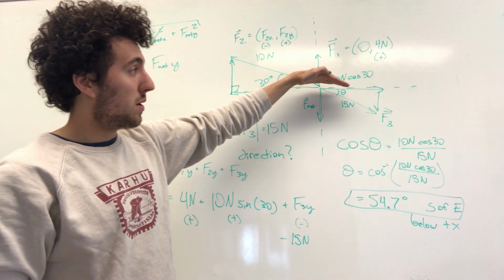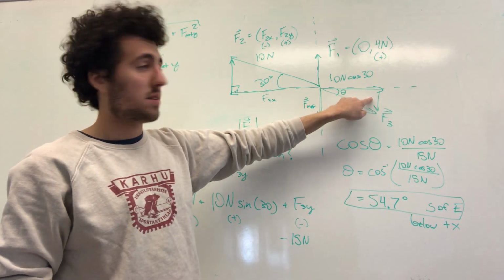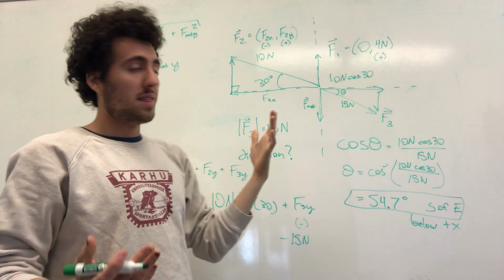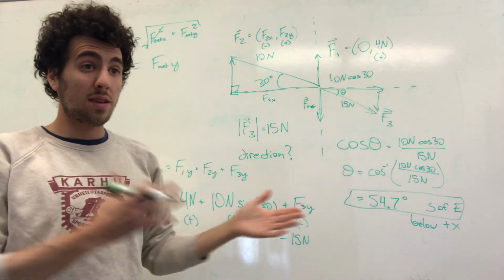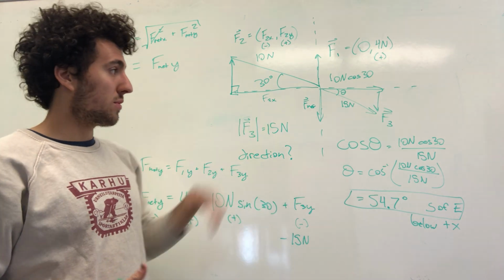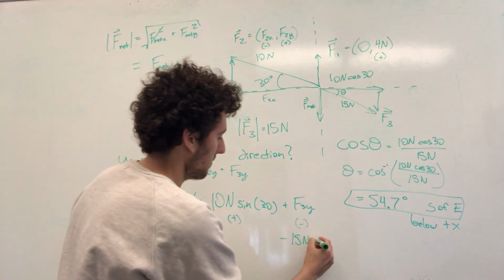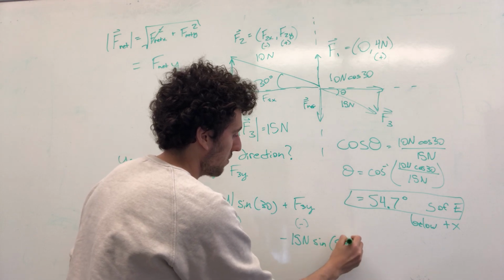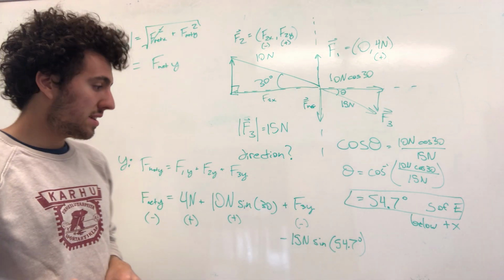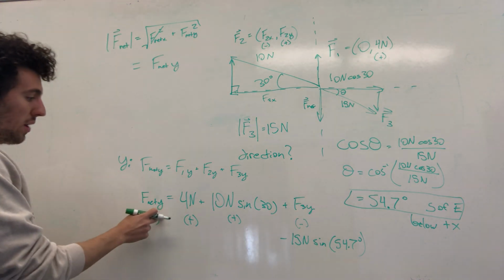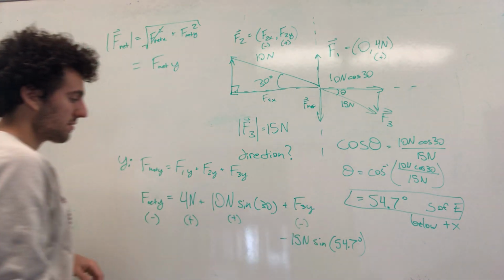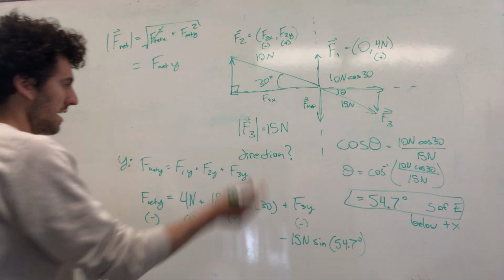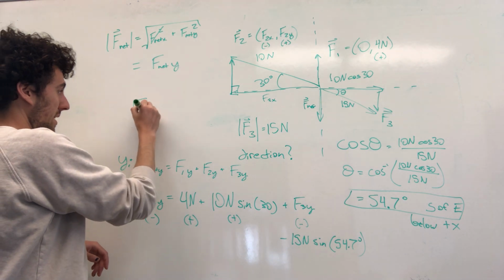And then since we want the y component here, it's going to be sine, because that is opposite of the angle we're given. Again, in this problem it works out, but sine is not always for the y component. It depends what angle you're given. Here it is. So 15 newtons times sine, and now we know that angle is 54.7 degrees. So now our F net y is just the sum of these three things, like positive plus positive, and then some negative, and those things work out to be F net y